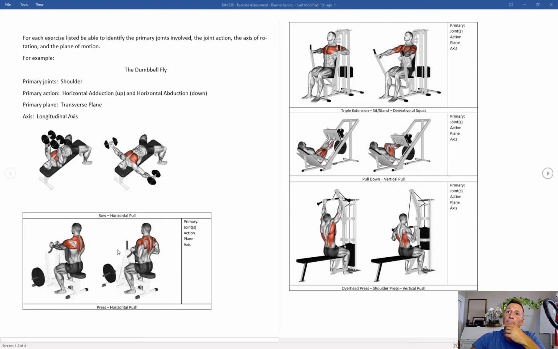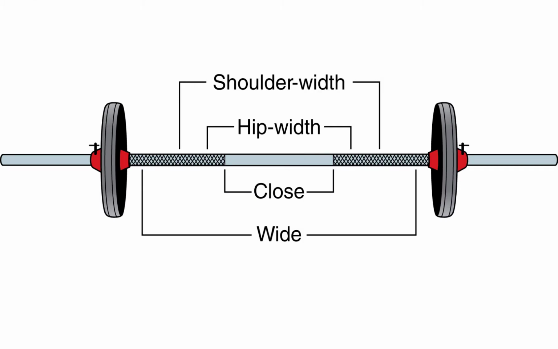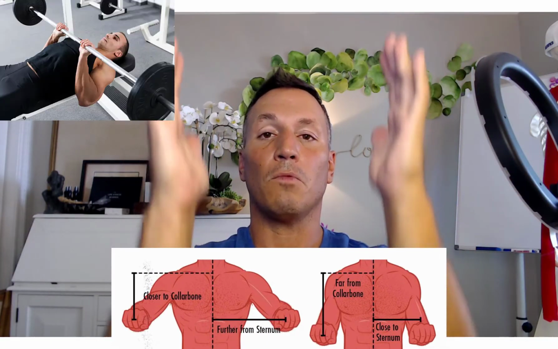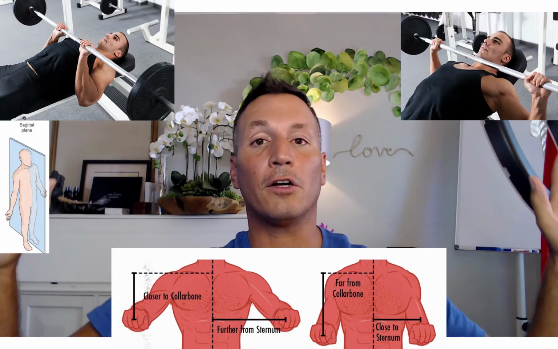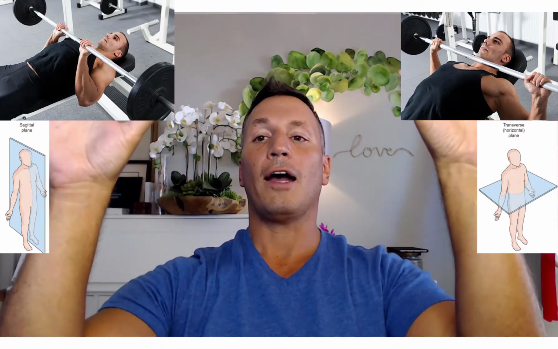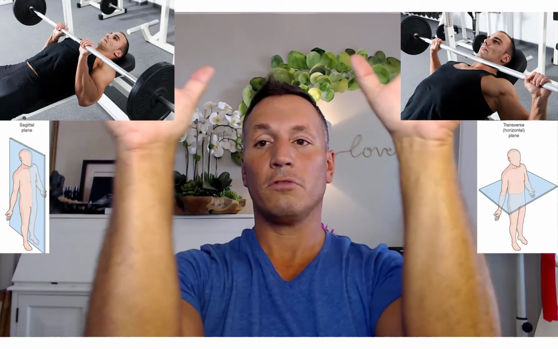So we have your basic movements, your horizontal pulling, horizontal pushing. And now there is variety in these exercises. And what really determines the variety is your grip width, right? As simple as that. Your close grip versus wide grip, what that does is it forces your shoulders into, when you're closer, you're going to be more sagittal plane. And when you're wider, you're going to be frontal plane if it's a vertical movement, or transverse plane if it's a horizontal movement. So depending upon where you grab, that's going to bring the arms in closer, like horizontal adduction,